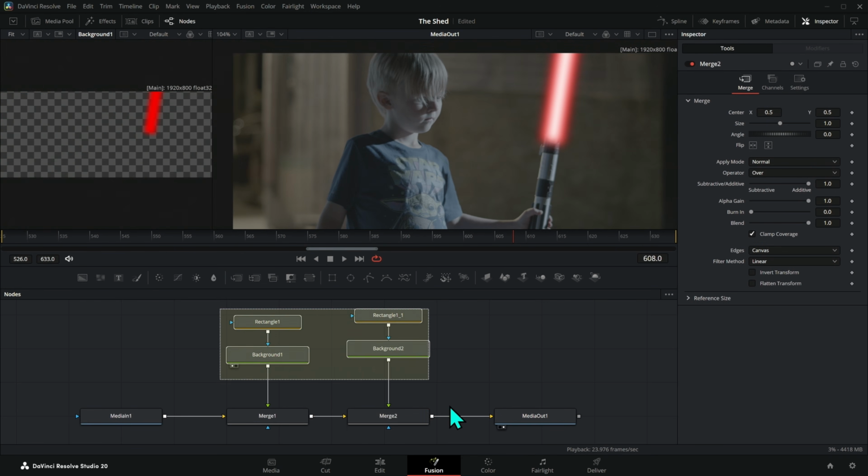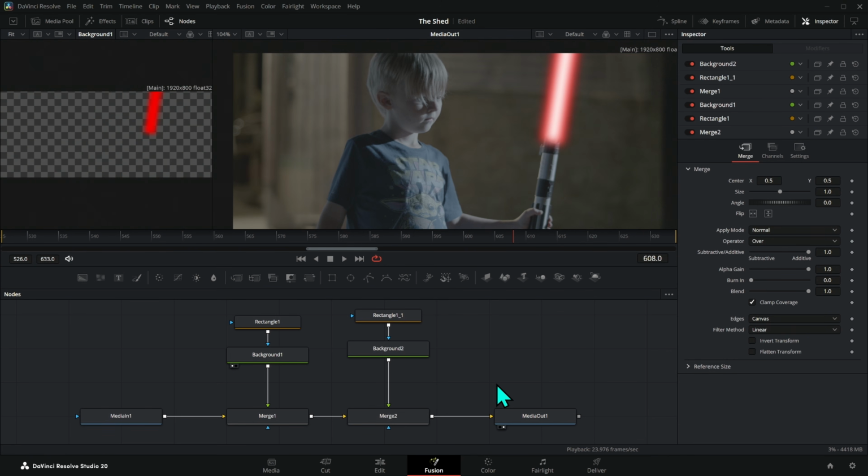It just does it in a little bit different way with nodes. There's a lot to learn there, but I have a lot of material teaching you exactly how to use Fusion. So there's no reason to be scared. Now, I want to get into the color page here in a minute, but something I want to mention is